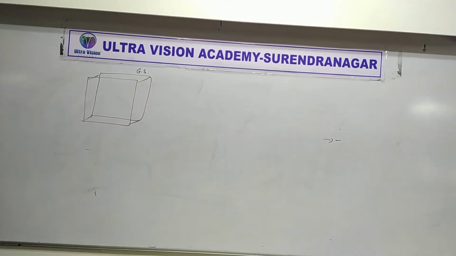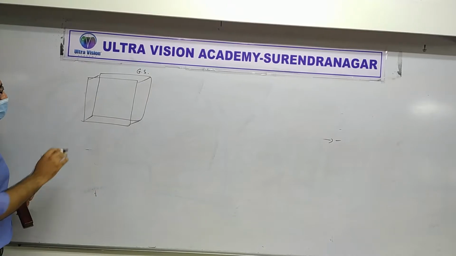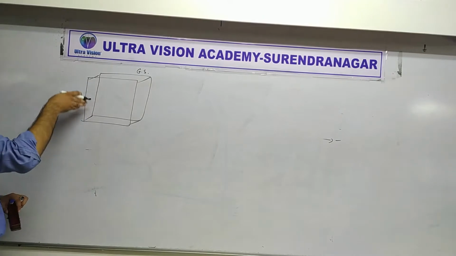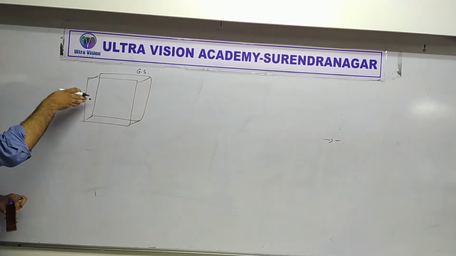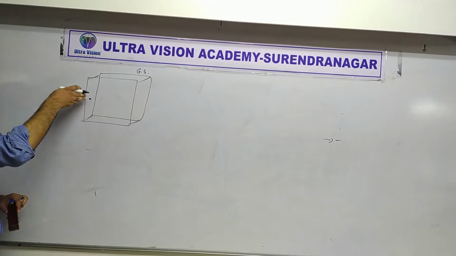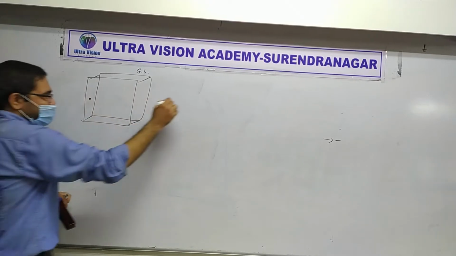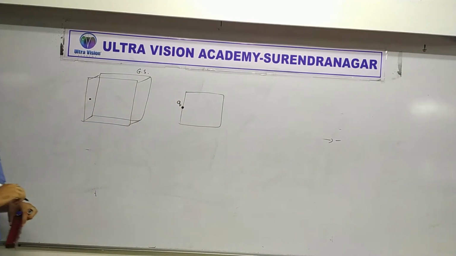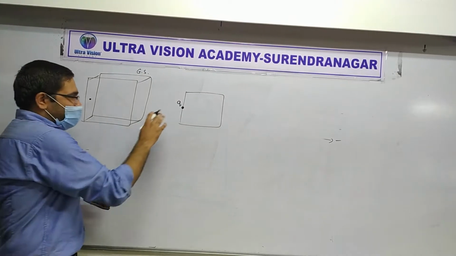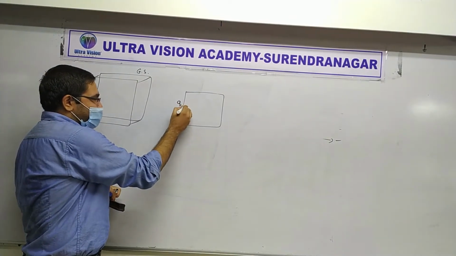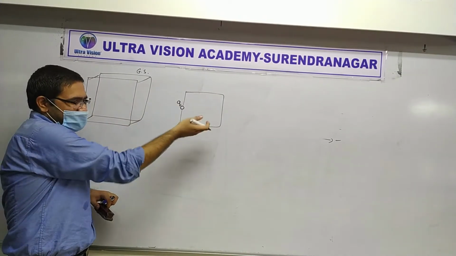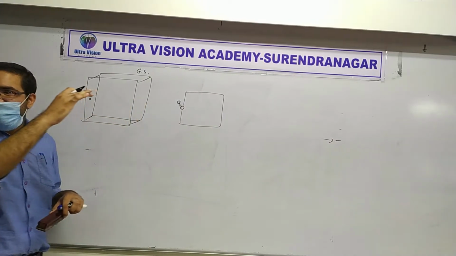Okay. And suppose a charge is placed right at the center of this surface. Did you understand? Suppose the charge is placed right at the center of this surface. Did you get it? Yes or no? Yes. If you are finding it difficult to believe, then you can also change it a little bit. Let's say there is a small sphere which is uniformly charged and having a charge q. Got it? Is that clear?